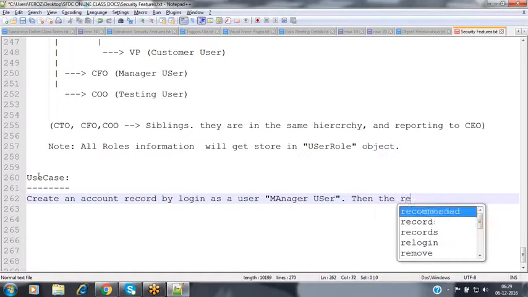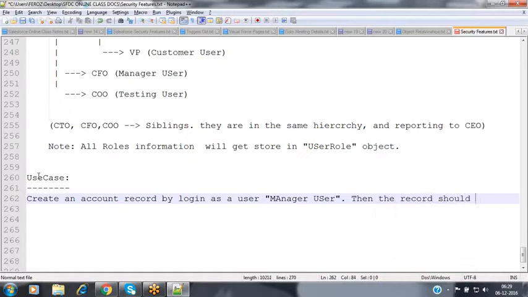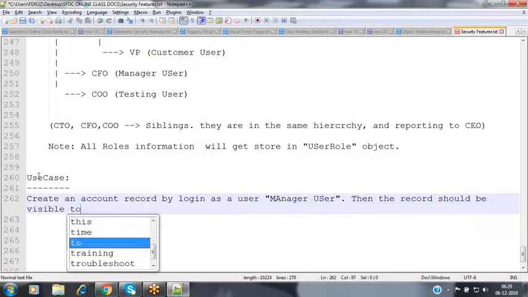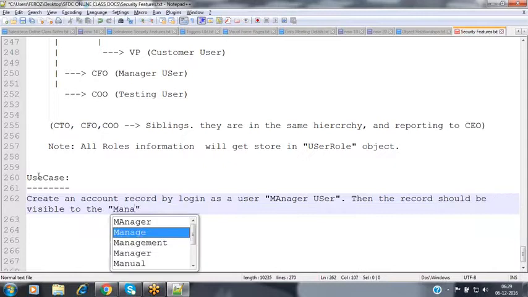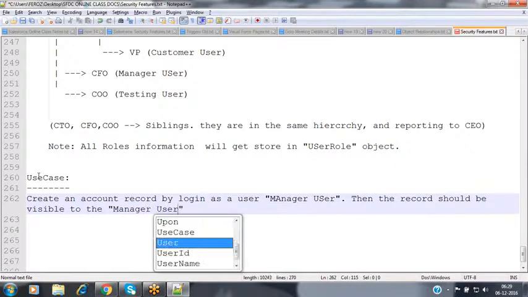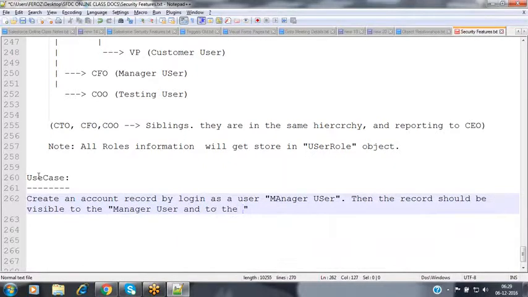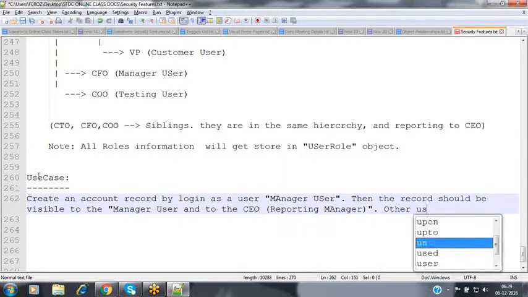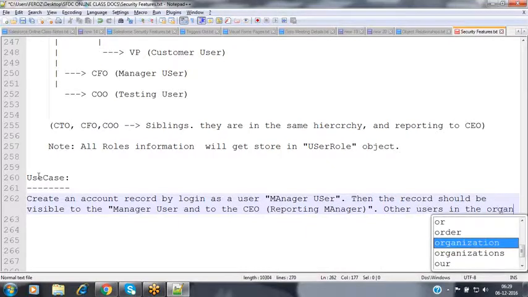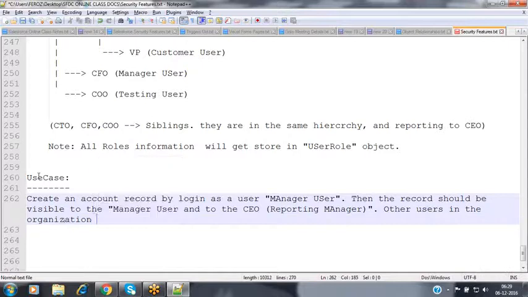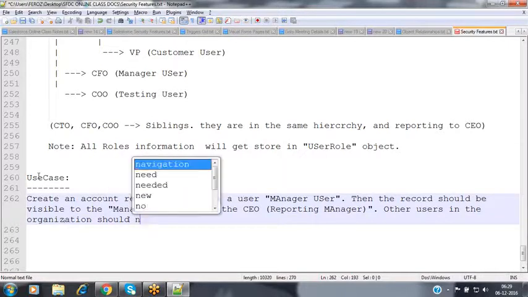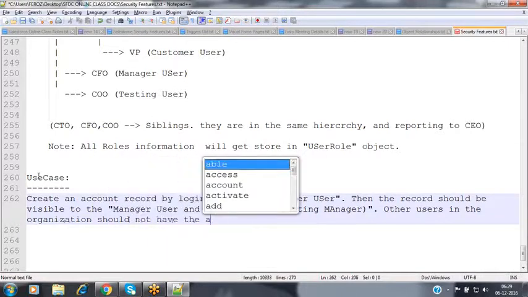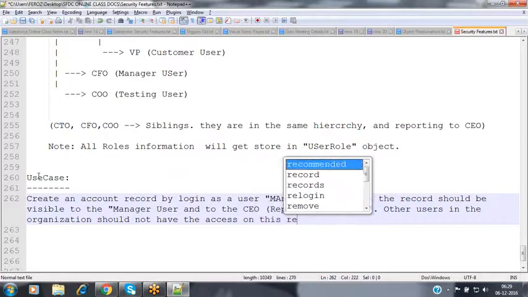Then the record should be visible to the manager user and to the CEO, nothing but the reporting manager. Other users in the organization should not have access on this record.